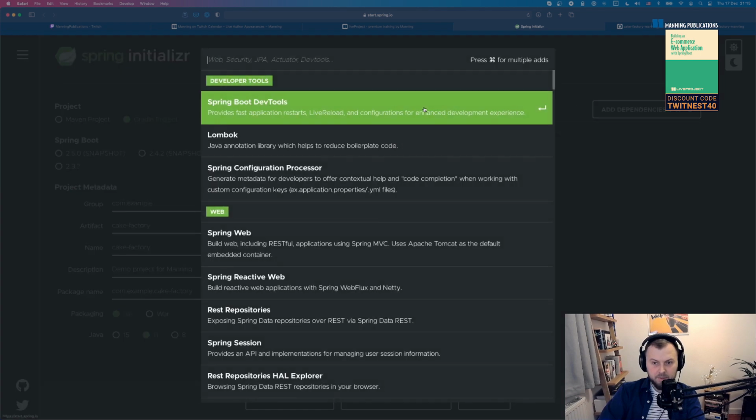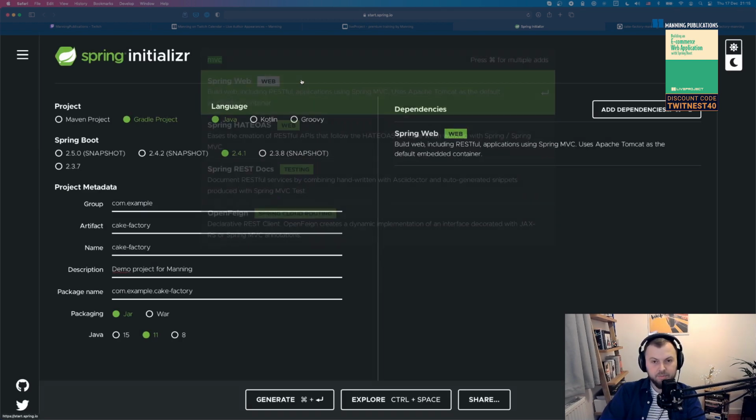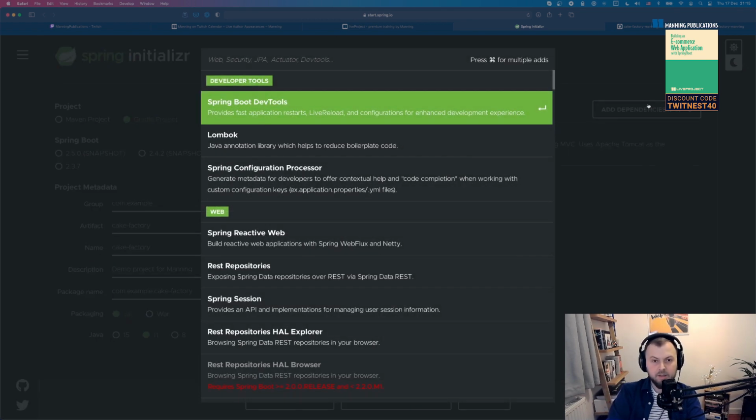And in the meanwhile, I'm also going to need to add some dependencies to my empty project, right? As I know, for the first milestone, I need to display an HTML page. This means in the Spring world that I'm going to need to create an MVC. Most likely I'm going to need to have an MVC controller. And I'm going to need to have some templating engine because I'm going to render some HTML.